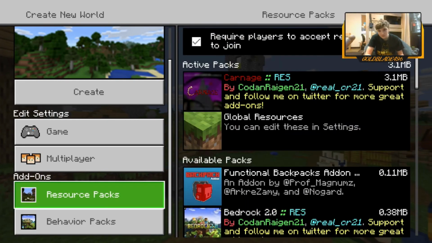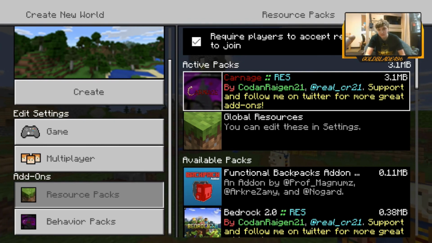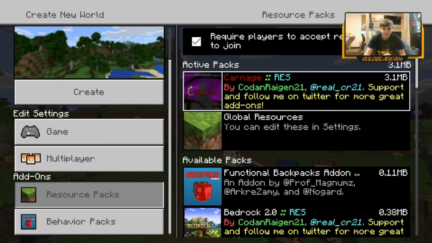So the next thing I'm going to talk about real quick is load order. Load order is the way mods and stuff load in. The topmost pack should be the pack that overwrites everything else. So I'll give you an example. Let's say this one changes the texture of Minecraft diamonds to a ruby, and let's say